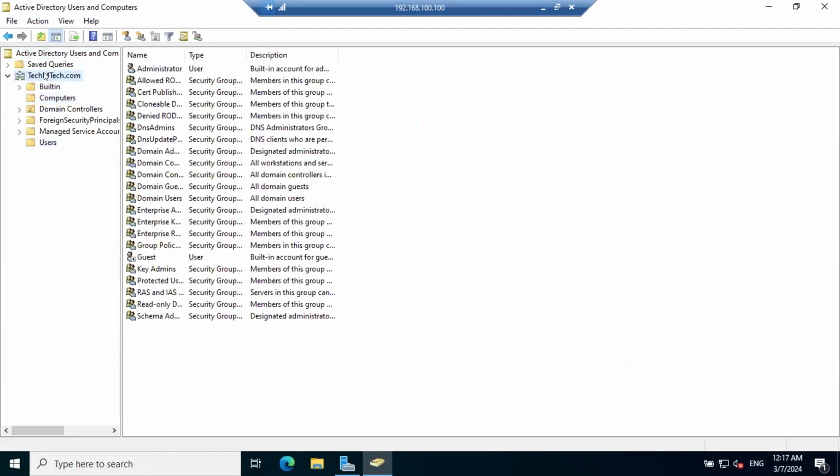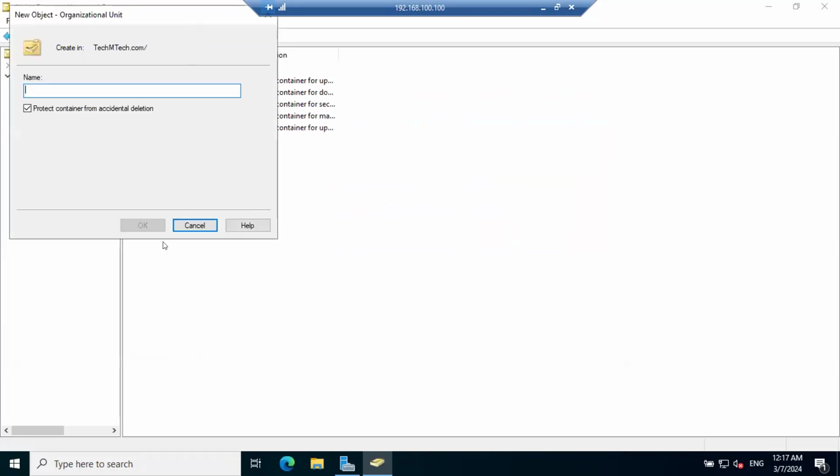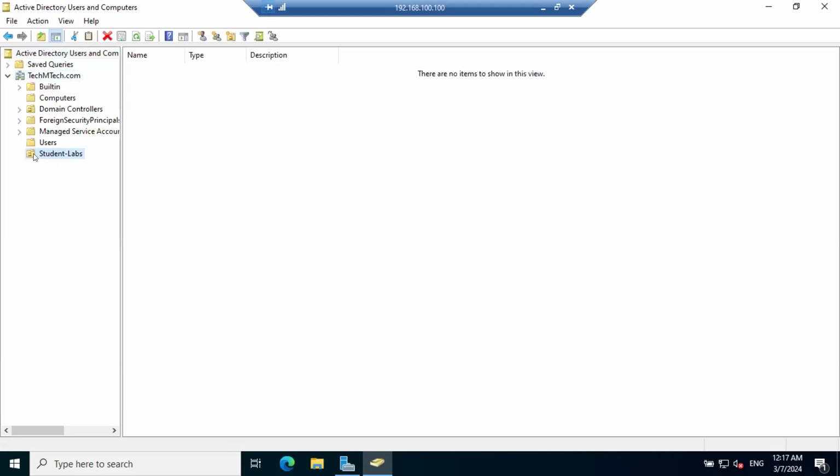So now let's create one OU first here. Let's name it student-labs. Basically, I have to recreate the lab because earlier there was a hardware failure in my storage. So inside student lab, what I can do,